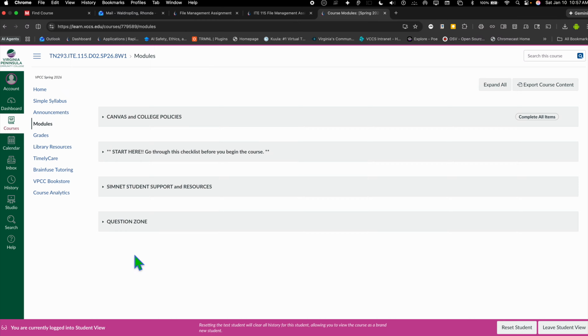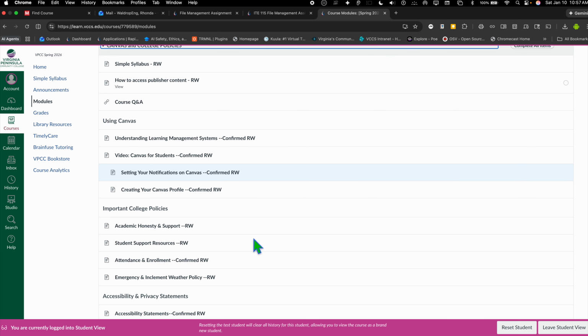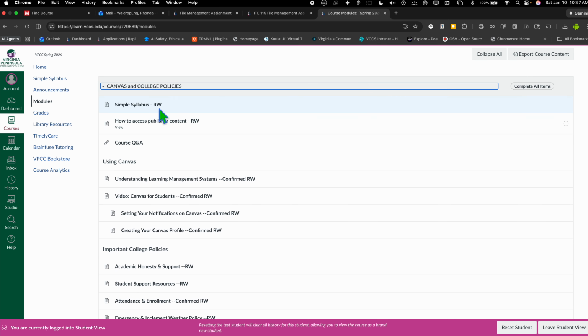All right, so as a student, you can expand all up here, or you can click on each one individually and expand it. So I'm going to do that. If you go through all of this, this is stuff you should have access to already. When you see these RWs or confirmed RWs, that just means that they have been reconfirmed as active links and/or items have been tested. All right, so simple syllabus, if you click on simple syllabus,